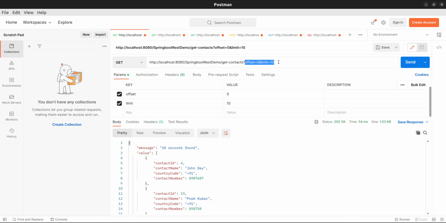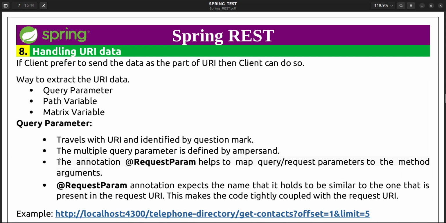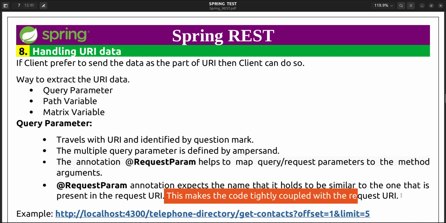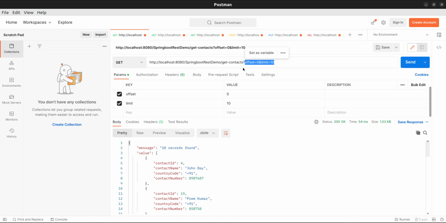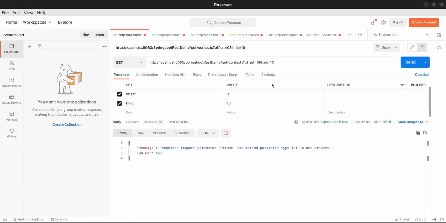So offset and limit. If you see here, this is tightly coupled. How is it tightly coupled? If I change this offset name, like to of S80, it throws an error, because this is tightly coupled. If you change the query parameter name, it will throw an error.